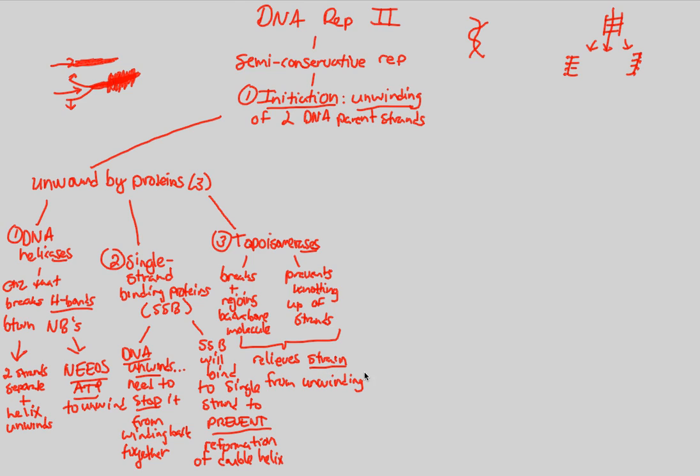And in order to relieve strain, you use topoisomerases that create what is known as a relaxed conformation of DNA. Relaxed conformation is a great way to make sure that DNA stays happy during this very invasive process of unwinding. In addition, the final two things that we're going to be talking about in this video